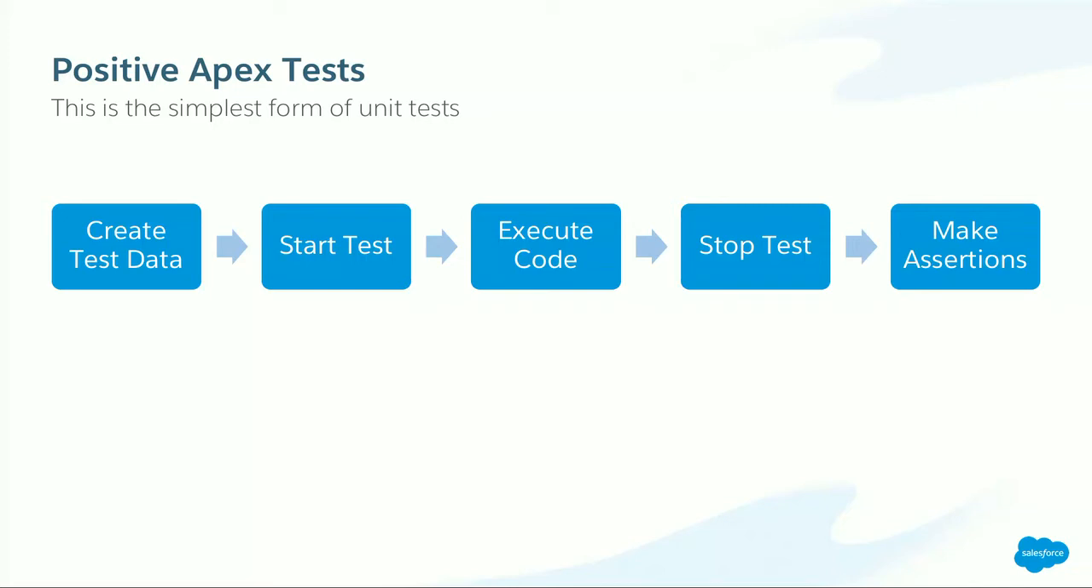Create that test data, get that in the database, then you call start test. Start test resets all of your governor limits as you're doing your testing. See that you're not hitting a governor limit because you're doing all of these database inserts for your data before you actually run your code. Don't forget to run start test. Then you're going to execute your code. That's the easiest part. When you get done executing your code, stop the test,